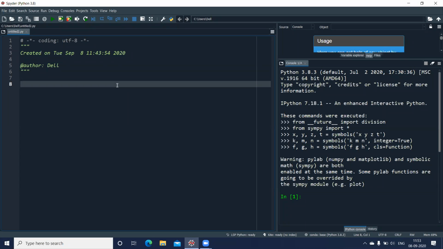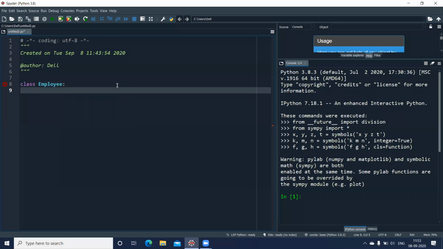I'll declare one class by the name Employee. So I have the keyword class. Please remember, the c is small here. The name of my class will follow this, so I can write here Employee. So this becomes my class. Put a colon at the end. This will be the beginning of my class.